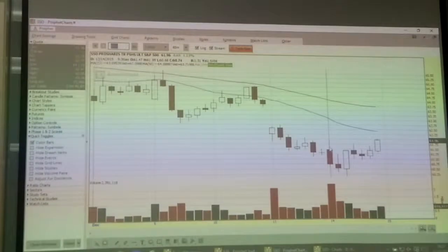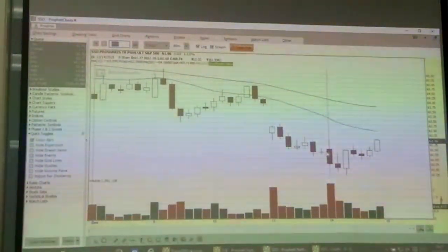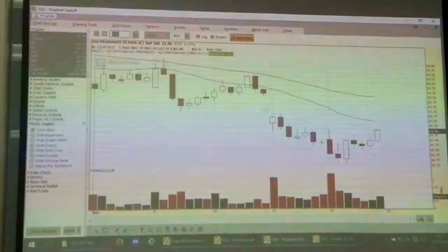You see what happened yesterday? You open low, then you start to rally back. Right? See that? You open here, then you actually close higher than the previous close. So there's a good chance today